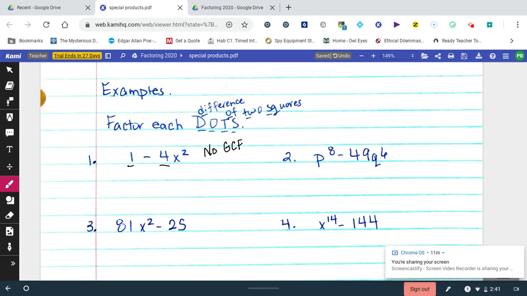So you factor it the same way you factor the perfect square trinomial. You take the square root of the first and last term. So the square root of 1 is 1. The square root of 4x squared is 2x. But now, as far as the sign is a plus. Your signs on these,